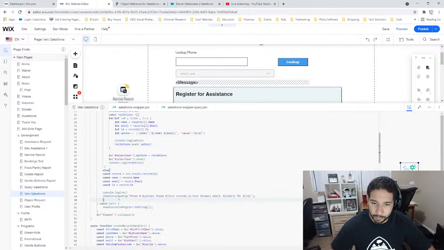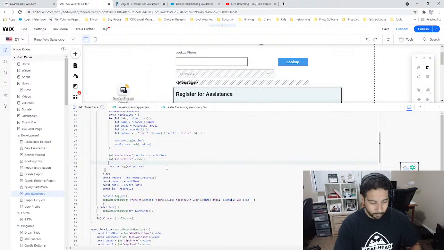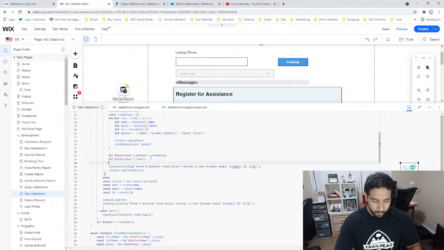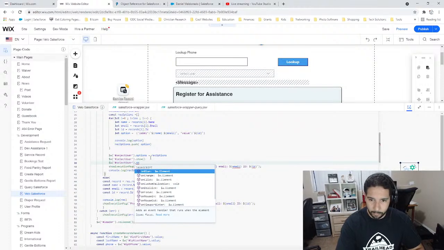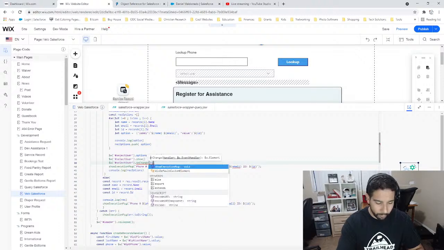So you guys can see this one. You know what? I think we can just show this one too. Let's see, copy. And then when they select something, we can do maybe on change here. Do, then,